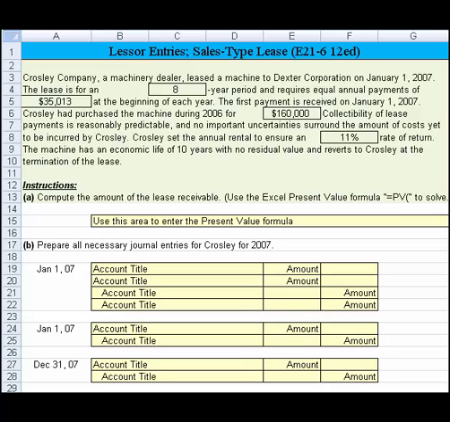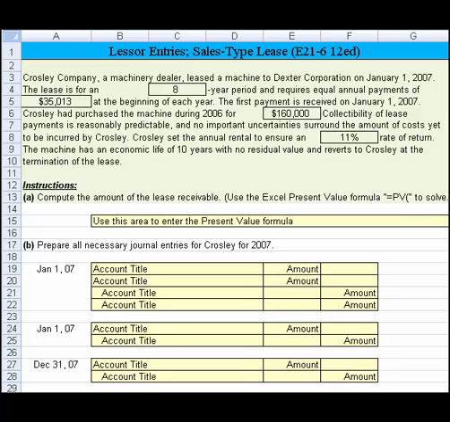The first payment is received on January 1st, 2007. Crosley had purchased the machine during 2006 for $160,000. Collectability of lease payments is reasonably predictable, and no important uncertainties surround the amount of costs yet to be incurred by Crosley. Crosley set the annual rental to ensure an 11% rate of return. The machine has an economic life of 10 years with no residual value and reverts back to Crosley at the termination of the lease. And we need to compute the amount of the lease receivable, and they've even told us